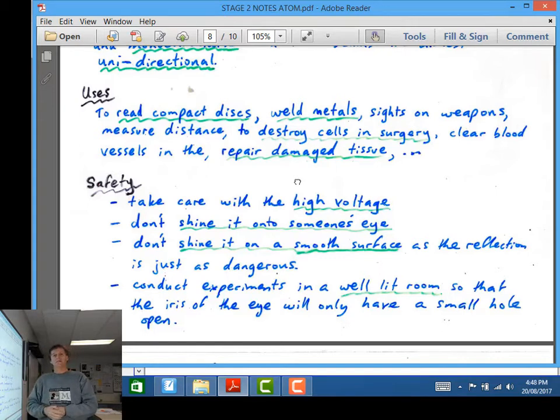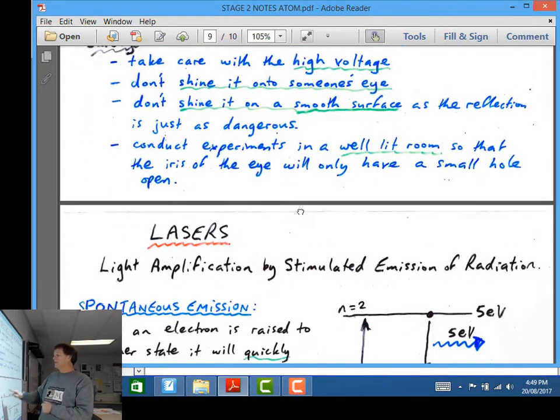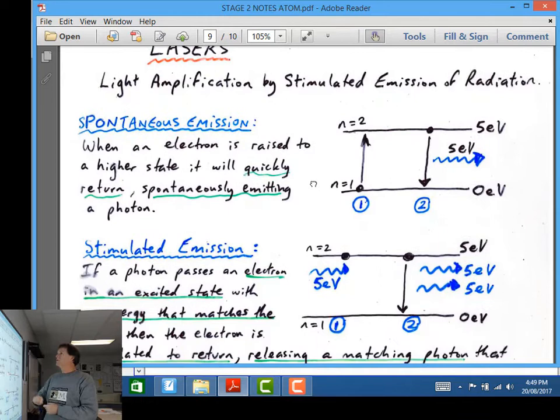You can also conduct the experiments in a well-lit room, so your pupil stays nice and small and reduces the amount of light that would get in if it suddenly did stray to your eye. Some people wear special glasses that are just the right wavelength for that particular laser. So laser stands for light amplification by stimulated emission of radiation,